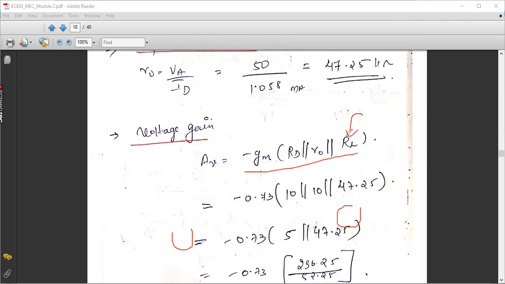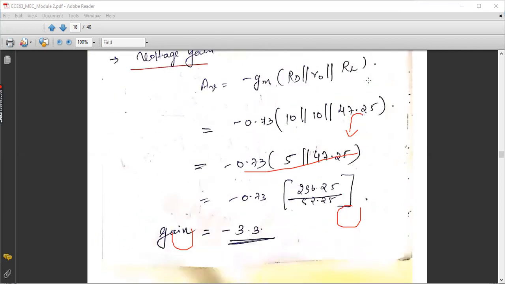The minute change in this equation is that we have incorporated RL also. If you compare this equation with our derivation, the only change we have done is we have incorporated the effect of RL also. Why? Because in the question they have directly mentioned our output is taken across a load resistance, and this load resistance will also come into our equivalent diagram's picture. So that also we have to take into consideration, substitute it and find our voltage gain. And please take down this answer and try to find out whether you are getting negative 3.3 as your voltage gain. And tomorrow let me know, and further we will continue with the other two solutions, that is your input resistance and maximum allowable input signal. So the answer is minus 3.3.